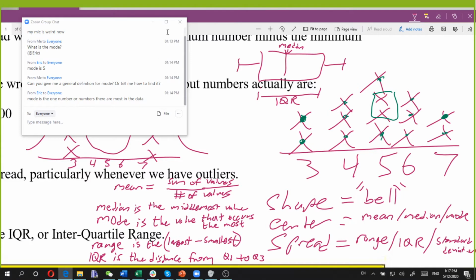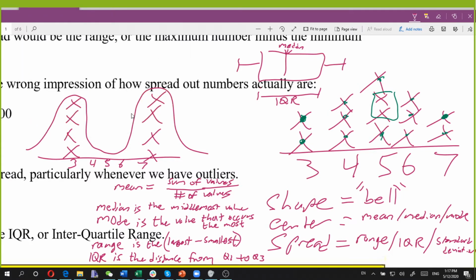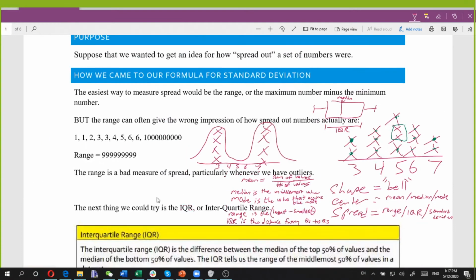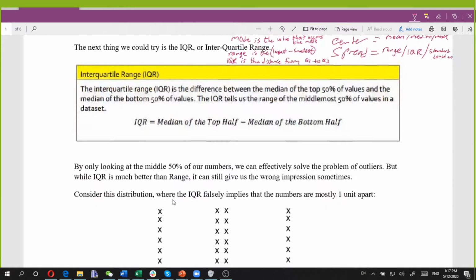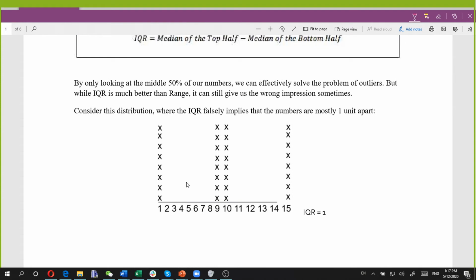No. Okay, so that brings us to standard deviation. Are there any questions on mean, median, mode, range, or IQR? That's the SAT stuff that you guys need to know. IQR, okay. So our IQR is the difference between the median of the top half and the median of the bottom half of values. So the way that you would find that,